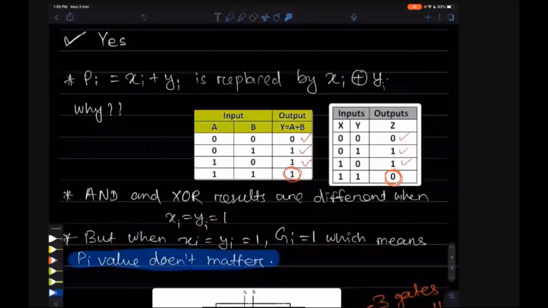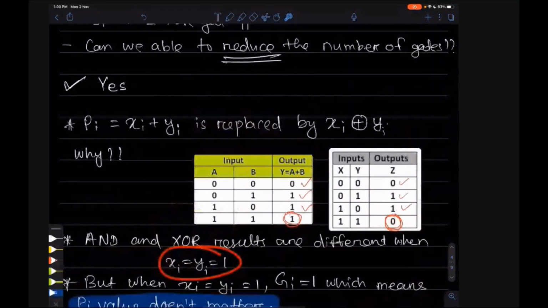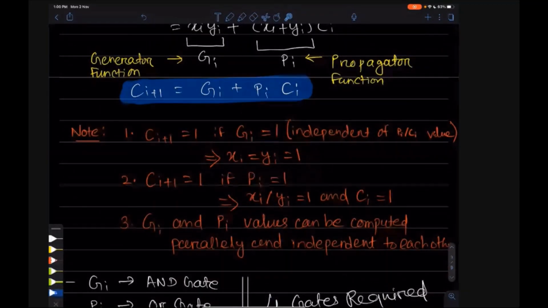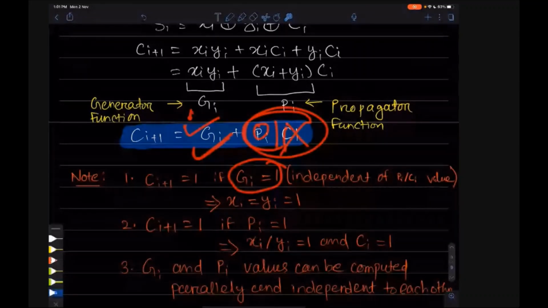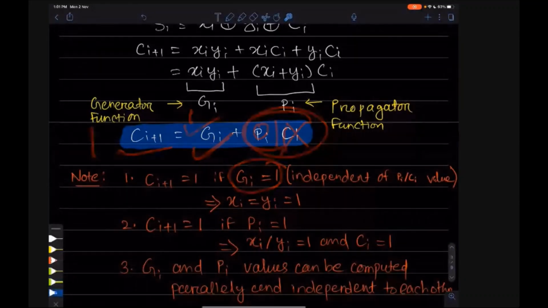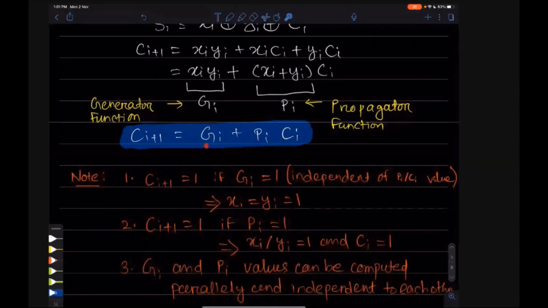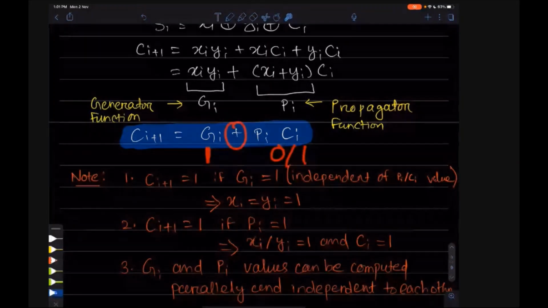According to note number 1, gi is activated. So gi is activated means these values do not matter, either this will be 0 or 1. gi is 1 means ci will be 1 anyhow, because this is an OR gate, so if one input is 1, the output will always be 1.